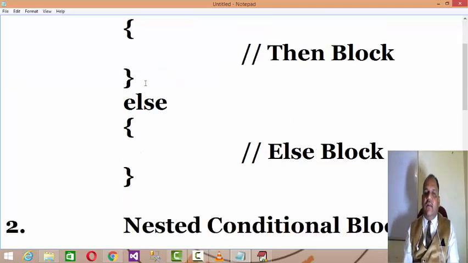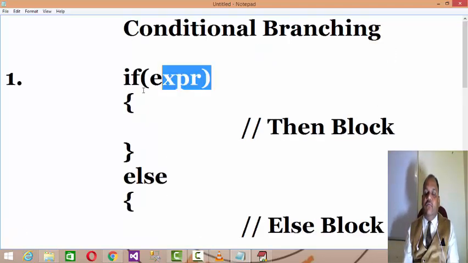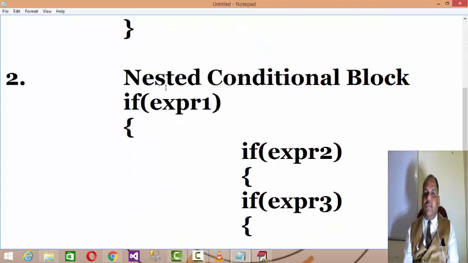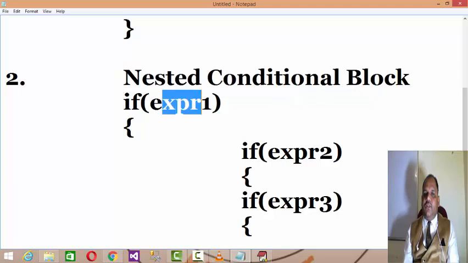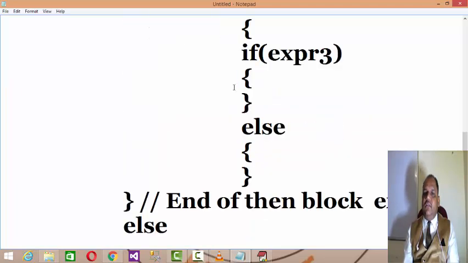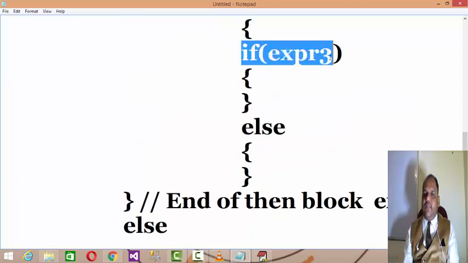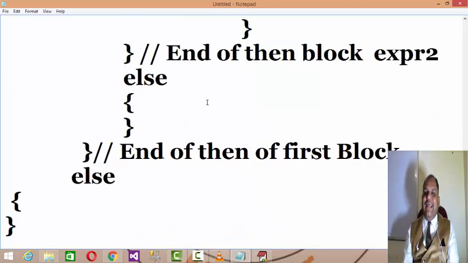It's not that there is only one. If you want multiple conditions or a nested conditional block, then if your expression 1 is true, in the then block you can concatenate other expressions. In the third block you can write other expressions, and in this manner you can nest the conditions.